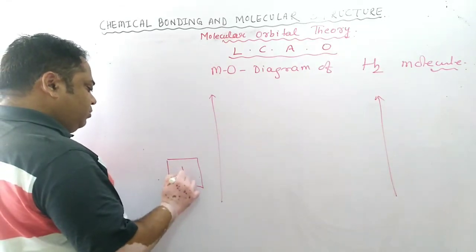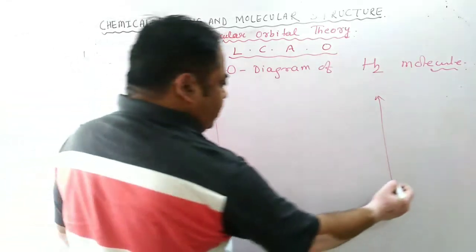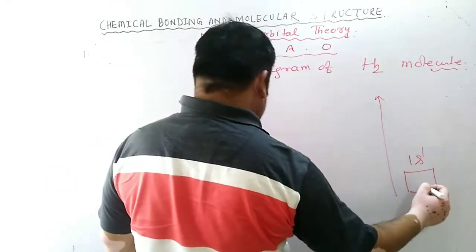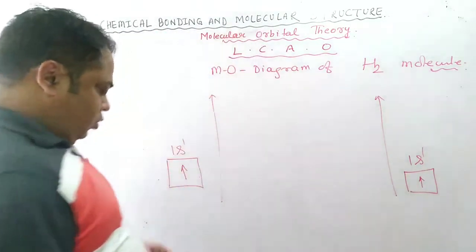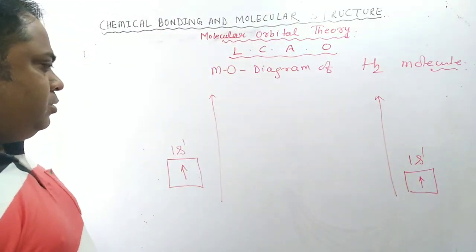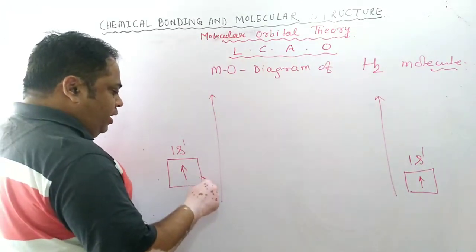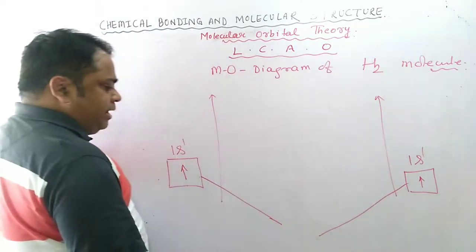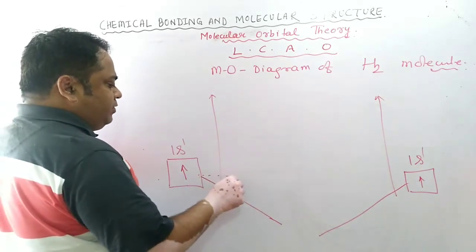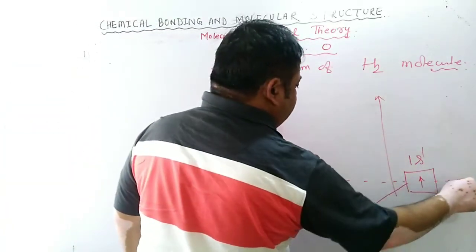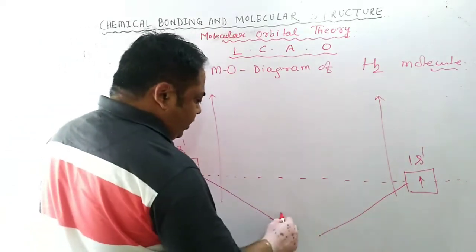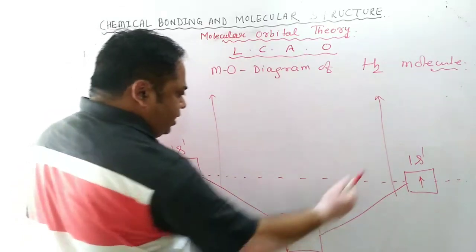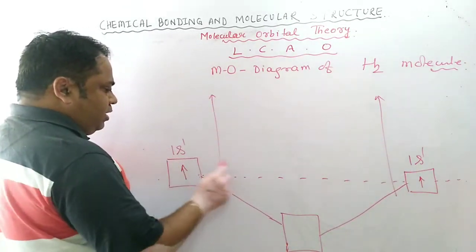It has got one electron, 1s1. So it will have a maxima, it will have a minima. When bonding takes place, at that time it undergoes stabilization. Bond formation is a stabilization process, so its energy will be lower than that of the average energy level. This is the average energy level, the mean point, and here is the stabilization region, lower energy than the atomic orbital. So this will undergo sigma bond formation.